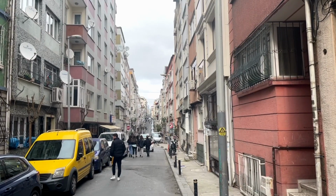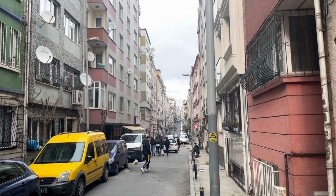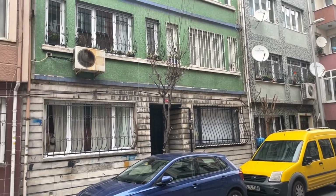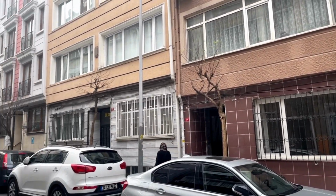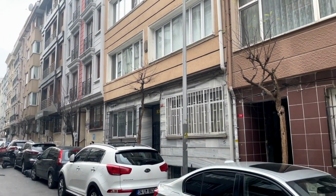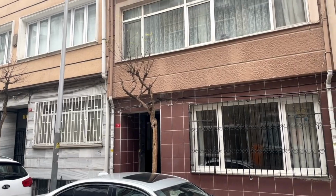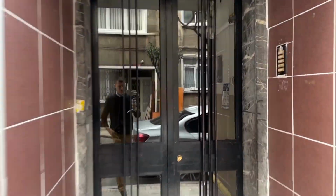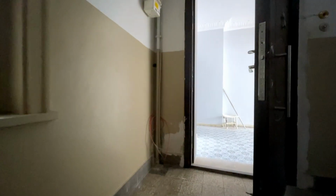So we are in Kurtuluş. It's an area in the center of Istanbul, very close to Nişantaşı. It's a very residential area, but there are quite a few cute little cafes and stores and bars and restaurants. And we are going to go to the third floor of this building. All right, so